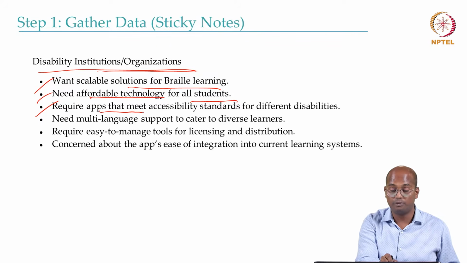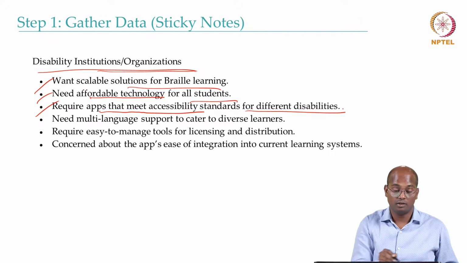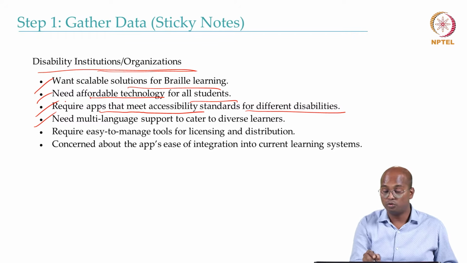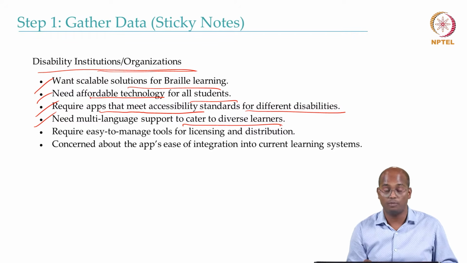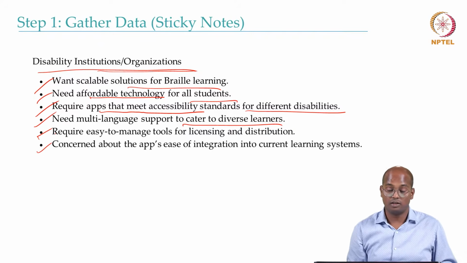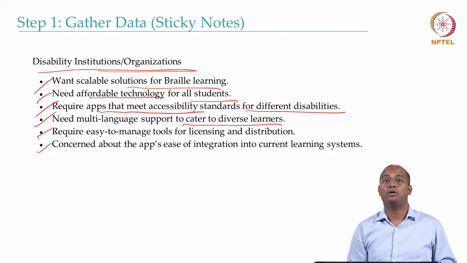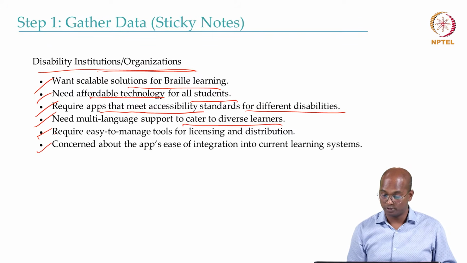They want affordable technology for all the students. They require an app that meets the accessibility standards and works for different disabilities. They also need multilingual support to cater to diverse learners across demographics. So we require easy to manage tools for licensing and distribution to other schools, and they are concerned about the app's ease of integration into the current learning system, because it is a great solution to somehow integrate it with the legacy system, the existing system that any organization is using, so that minimal changes are required to adopt this technology and